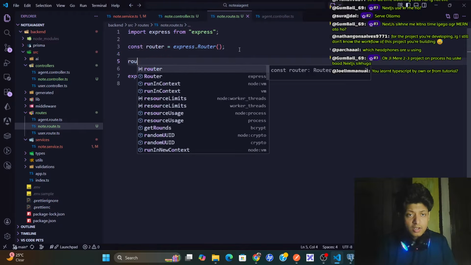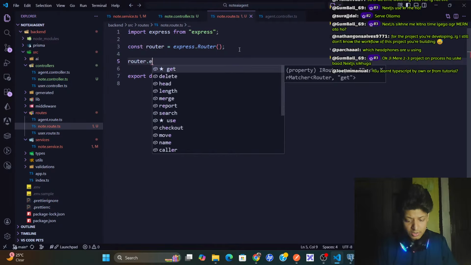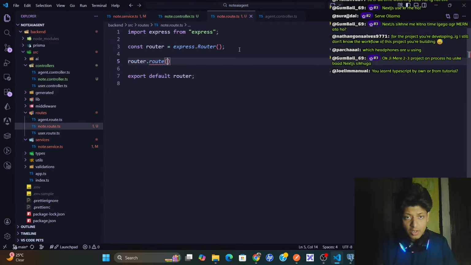Now we have router dot route, router dot slash get just all notes, and here I'll do get, verify JWT, and from here I'll get my get all notes controller. Get all notes controller. Fine.